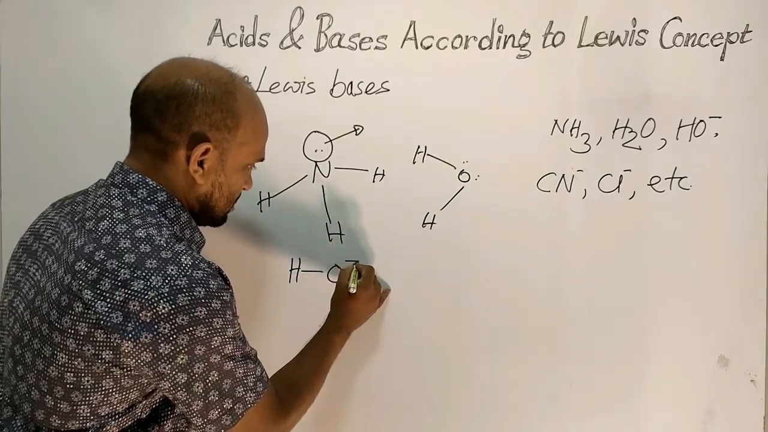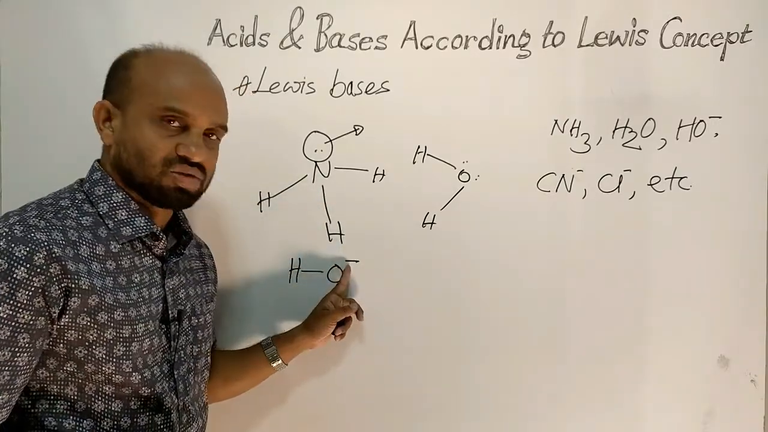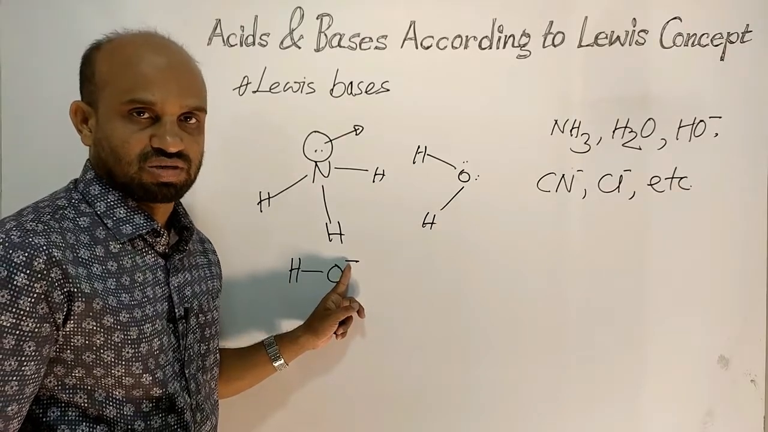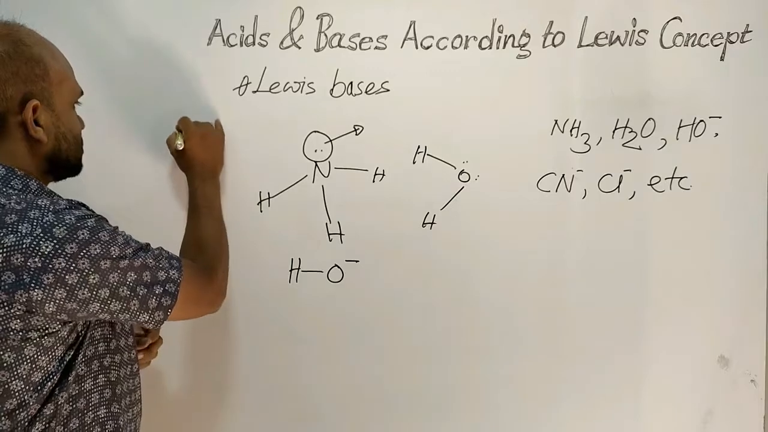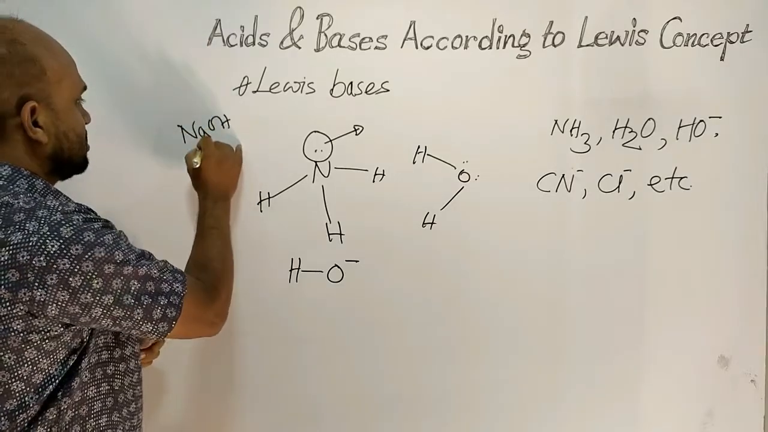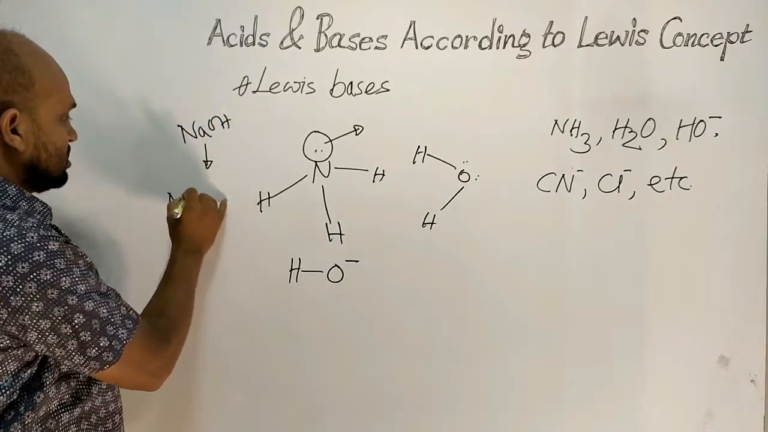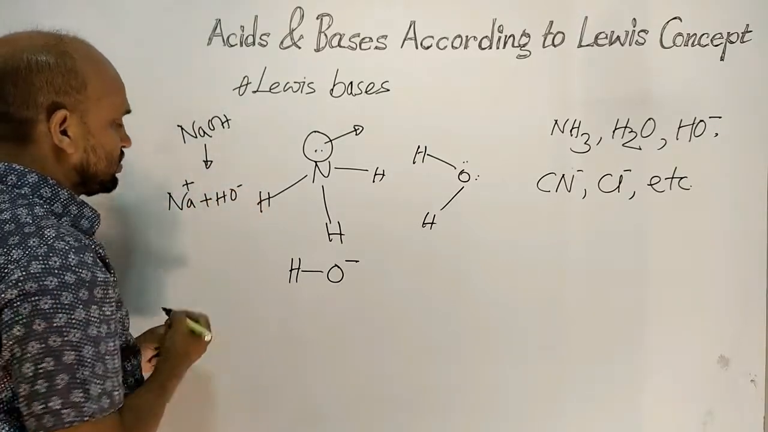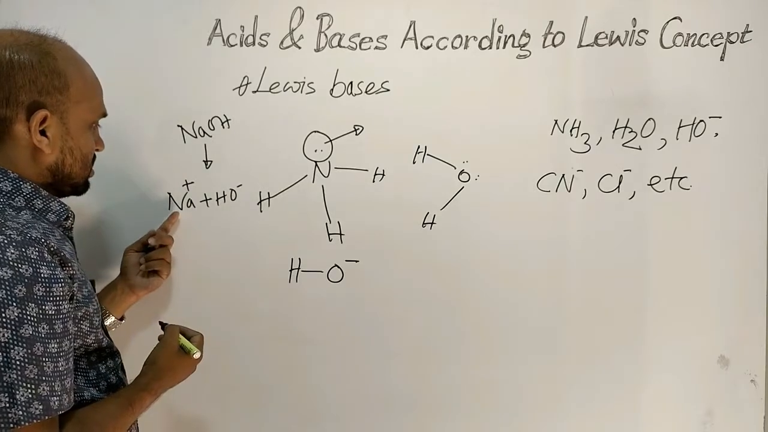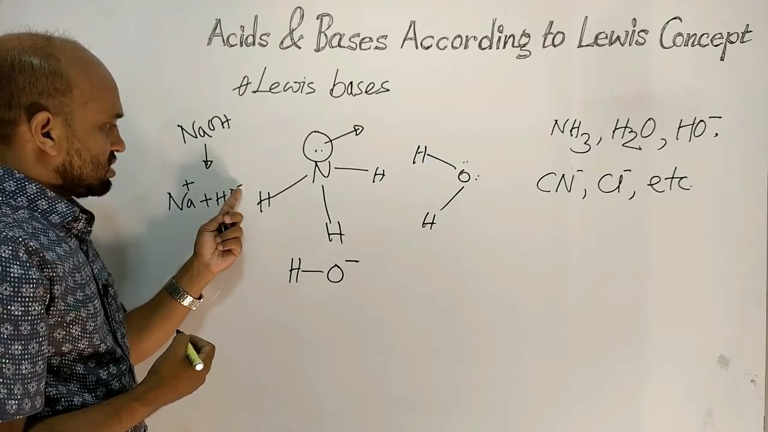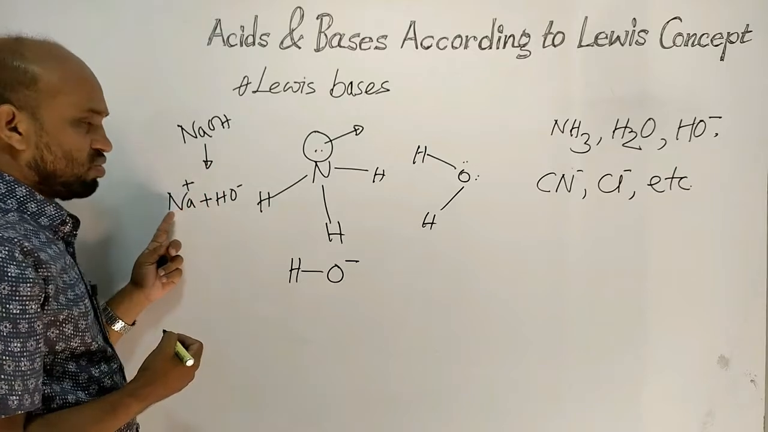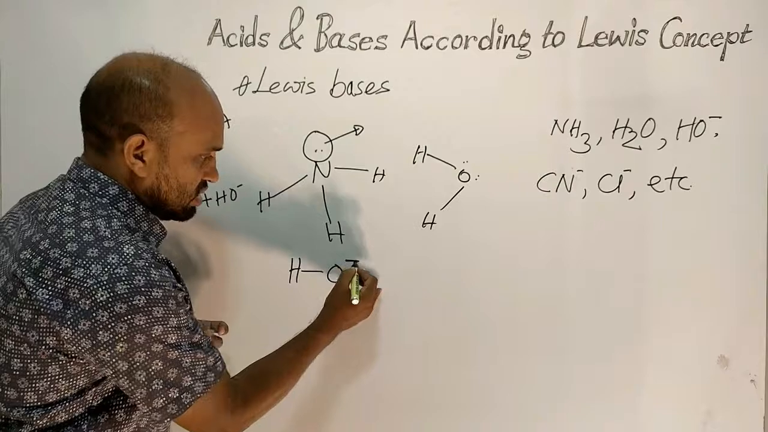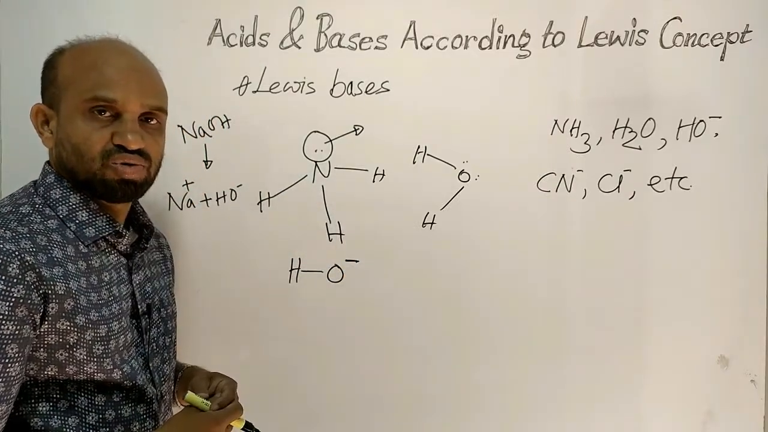This is hydroxide ion. This is 1 minus charge. Here there are 2 electrons. Suppose this is sodium hydroxide. When it is dissolved in water, then sodium plus and hydroxide minus will be formed. So here this minus is for 1 electron that came from sodium, but here actually there are two electrons in